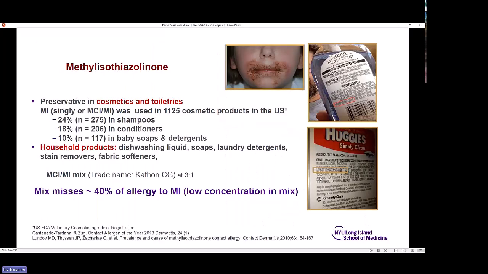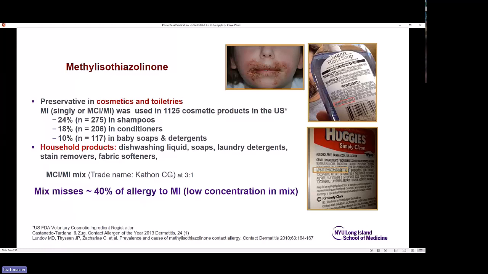Let's talk about the individual allergens. So methylisothiazolinone, or MI, is a very common preservative. You will see it here in your liquid hand soap, very common in cosmetics, toiletries, household products, washing detergents, laundry detergents. It is a preservative, and you will see shampoos, conditioners, baby soaps, and detergents very high on that. It comes under the trade name Kathon CG, the MCI-MI mix,